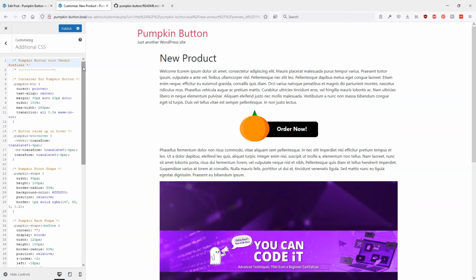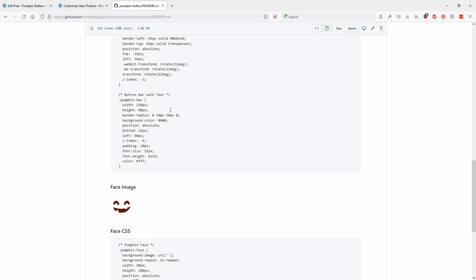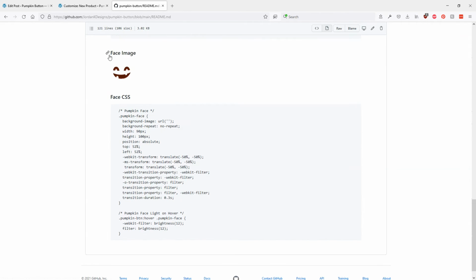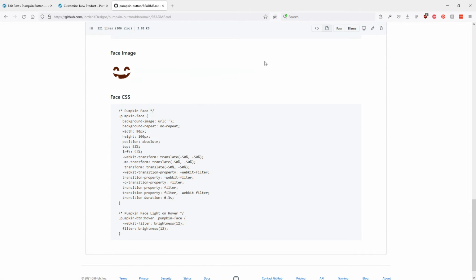So I'm going to go back to my GitHub repository, and let's scroll down below the CSS section that we just copied, and you should see the face image. You're going to want to right click this image, save image as, and save it to your computer. And then just below that, you're going to see the face CSS, and let's use the click to copy button